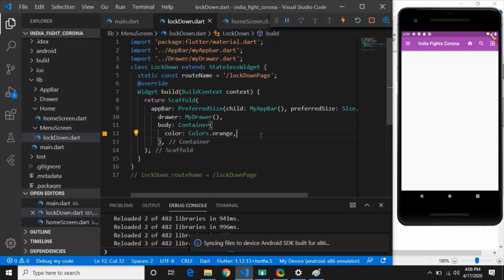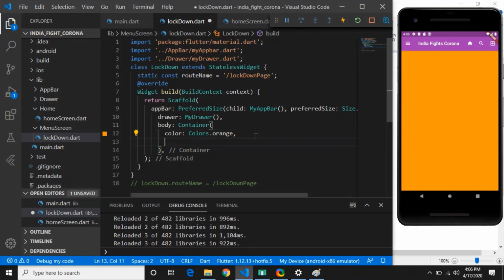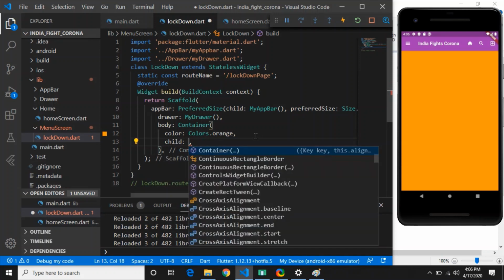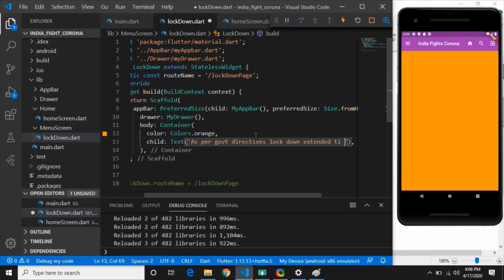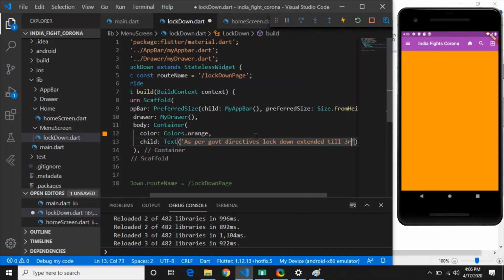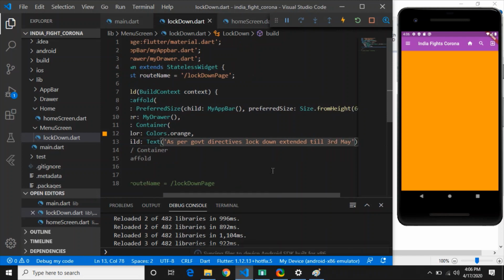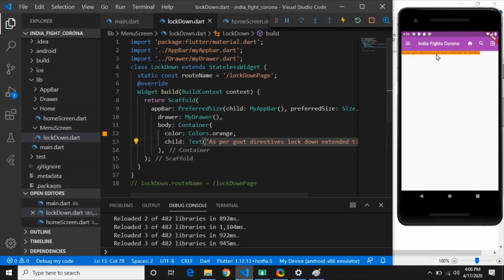Now what child I want is Text, and this text will be: as per government directive, lockdown extended till 3rd May. If I press this, it will come at the top. Now you can see this Container has a child Text. That's why this entire color is applicable to the text, right?